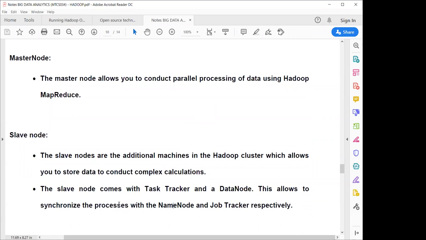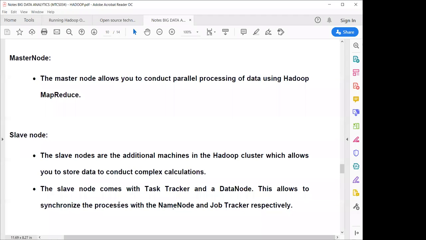When you are running multiple systems in a distributed processing environment, it is very much required that you synchronize the processes on multiple systems. How can you do that? You have that capability in the name node. So the name node will keep the synchronization of the process.